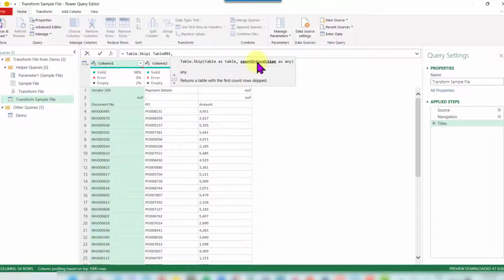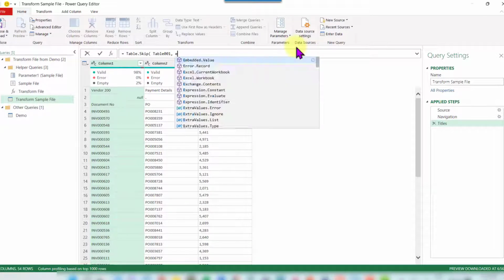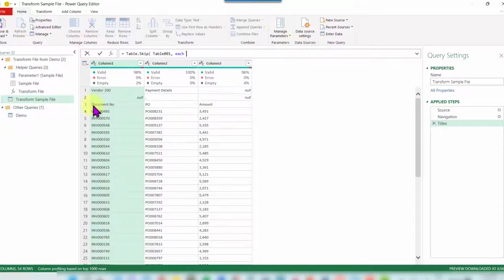I need to provide the number of rows that I want to remove, or I can provide a condition. In this case, I'm going to provide that condition. So I'm going to say each. I need that column 1. So each item in column 1 that does not equal document number,